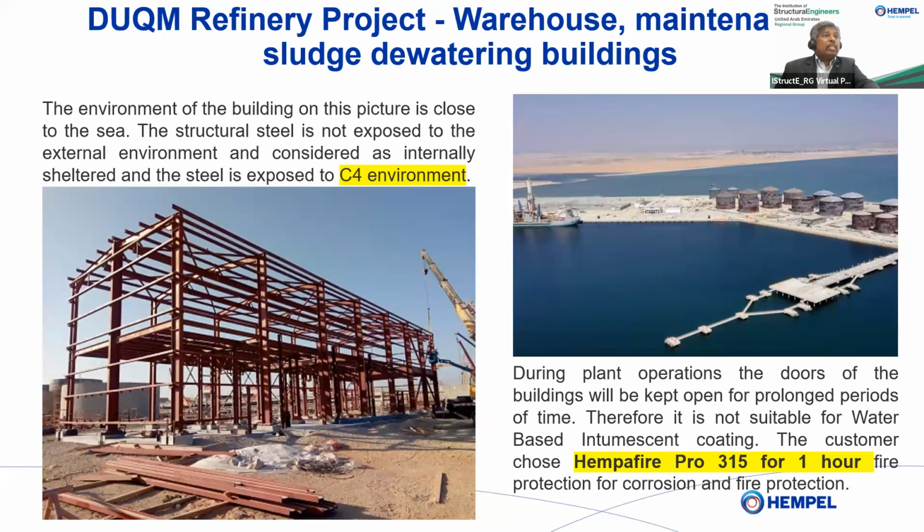These kind of analysis and testing can be done for every project, right? Obviously, you will not do it for every project, but at least projects where you feel that we have either gone totally overboard, or we are being very, very conservative. Let us understand this, right? So it is very, very important that we understand the microclimate that the steel is exposed to when you design your coating system. So what we then told them is that now, because this is only in a C4 environment